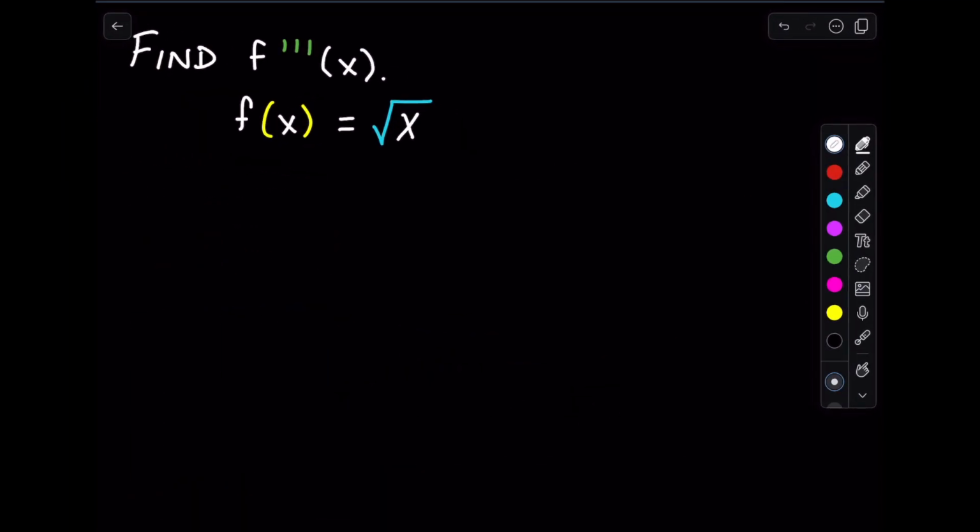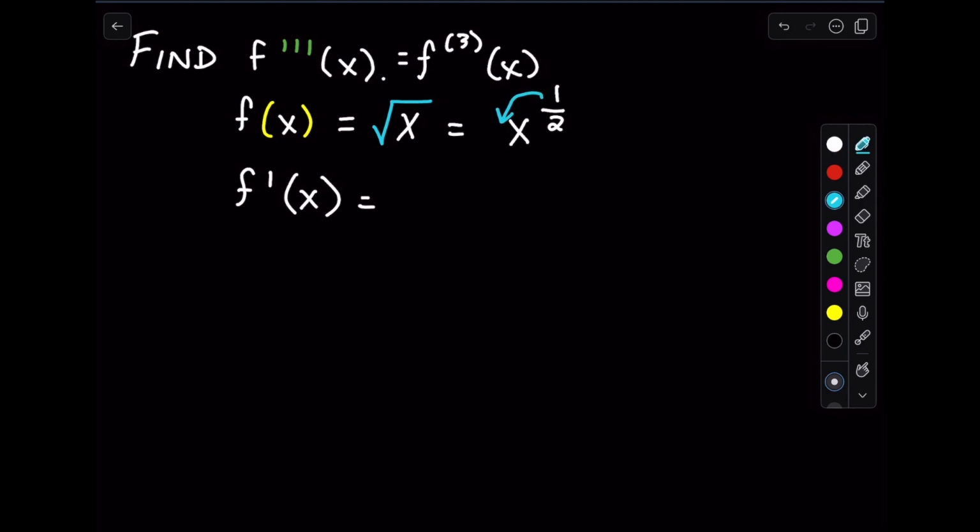The next problem asks us to find the third derivative of the function f of x equals the square root of x. This simply means we need to derive the function 3 times. So the first step I would take in this problem is converting f of x equals square root of x into f of x equals x to the power of 1/2. This will simply make it easier to find the first derivative of x. So we move the 1/2 down in front of the x, and then we subtract 1 from 1/2. I think it's easier to subtract 2 over 2 to find that the derivative is 1/2 times x to the